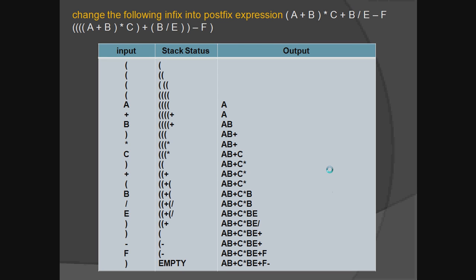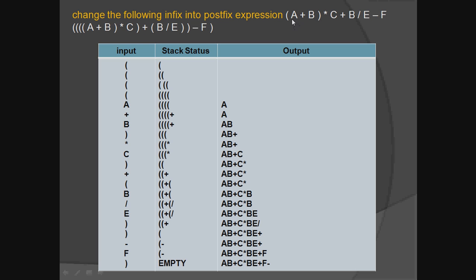So in the first example you can see: change the following infix to postfix expression. So you can see here, this is an infix expression. As you can see, the operators are in between the variables, right? The operators are in between the variables. So the parenthesis has the highest precedence. So keep in mind that in infix expression,